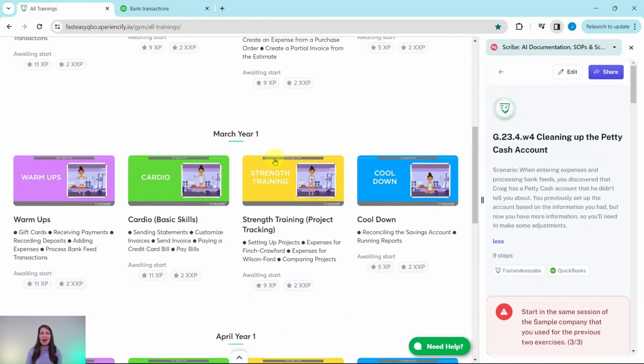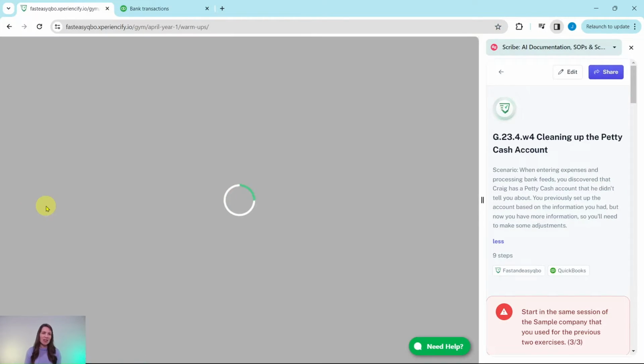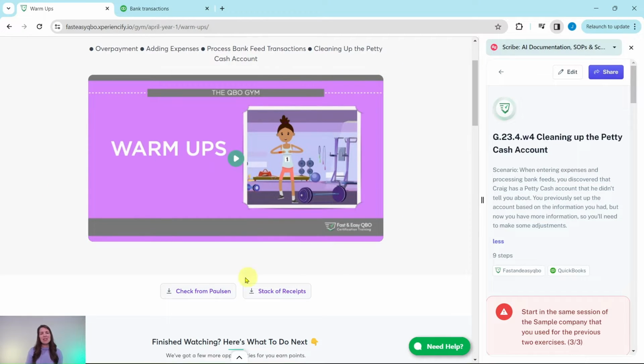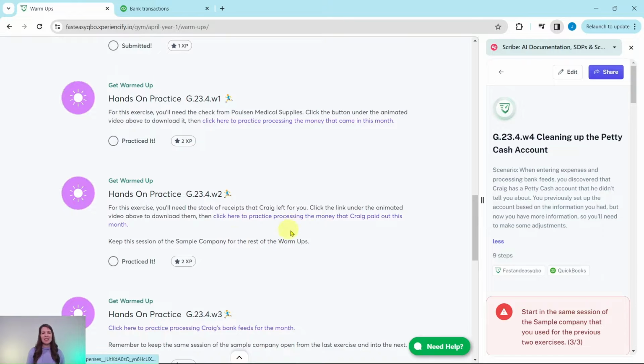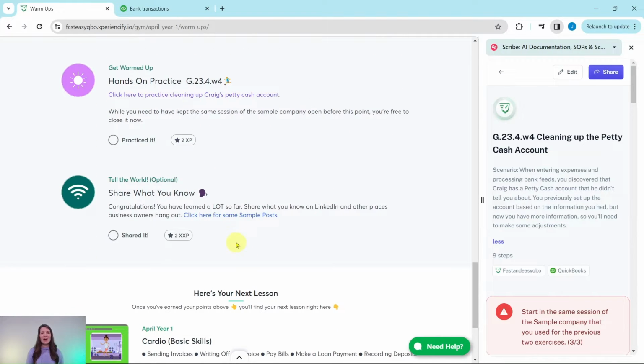Our exercise today comes from the April Year 1 warm-ups section. At the top here of this section is an animated video to give you an understanding of what you, the bookkeeper, will be doing for your client, Craig, this month. Below that is a pre-assessment quiz related to the video up above. Below that are the exercises in this section. And at the bottom here, after you have gone through all of the exercises in this section, you will have unlocked some free marketing sample posts that you can use on your LinkedIn to share with everybody what you have learned so far. So let's dive right into today's exercise where we're going to practice cleaning up Craig's petty cash